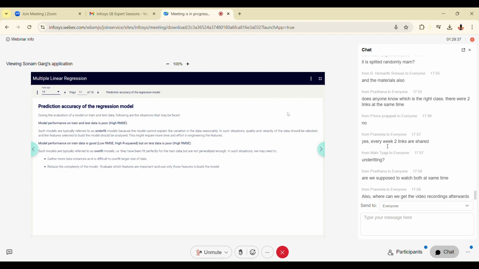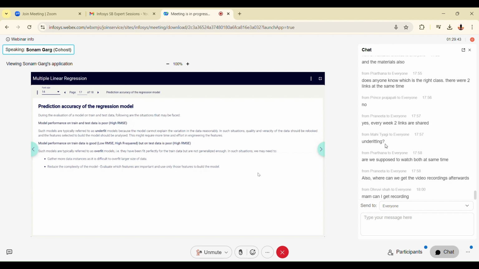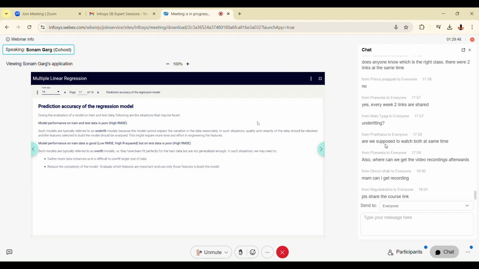If you get a high value of root mean square error, that is RMSE, which we have seen in the previous slide, it means that our model performance on training data as well as testing data, both performances, are poor. Though our model has learned on the training data, it is still not able to do well when we go for actual predictions. It is not doing well even on the training data. That is when we can say that the model is underfitted.